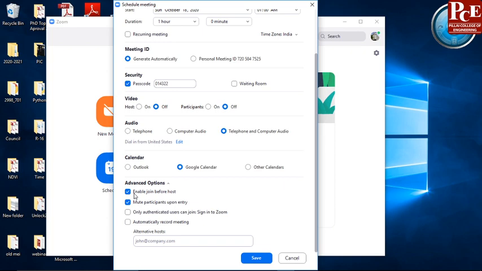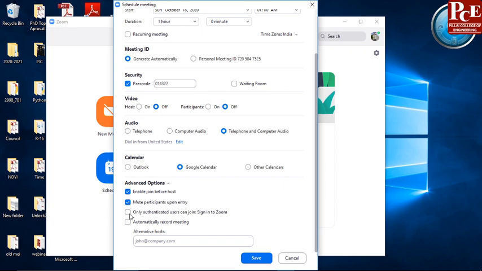So we can allow students to join before the host joins. Then mute participants upon entry. There may be chances that when a participant joins the meeting with their mic on, there will be disturbance in your meeting. So you should take this particular option.